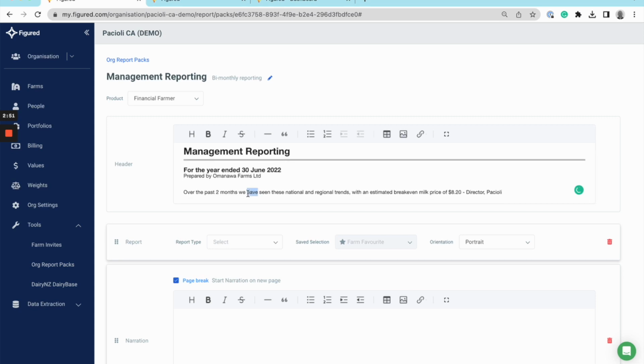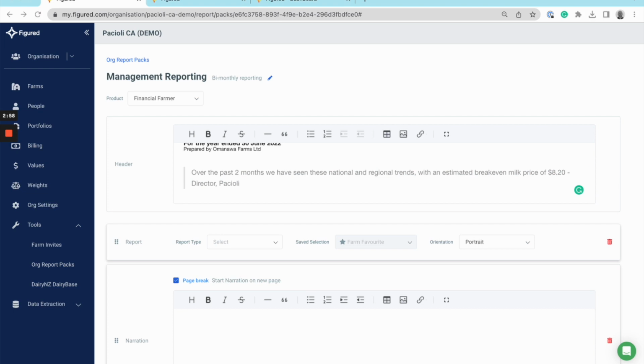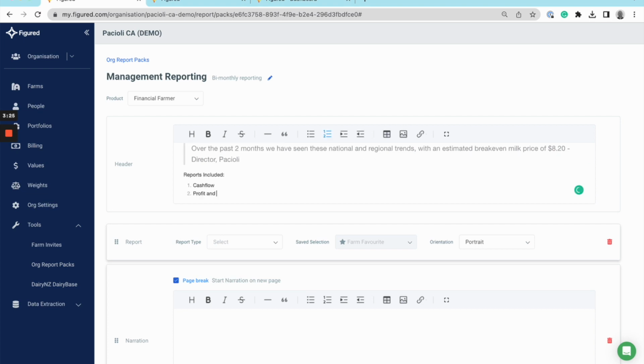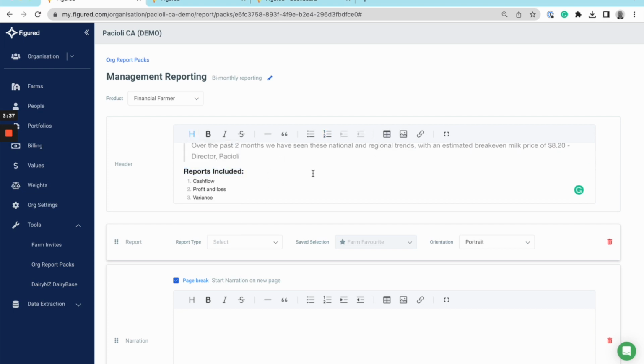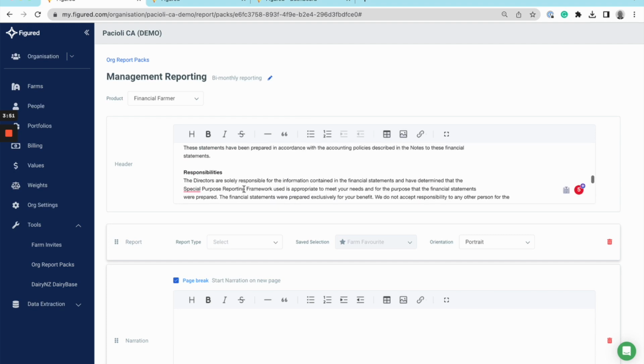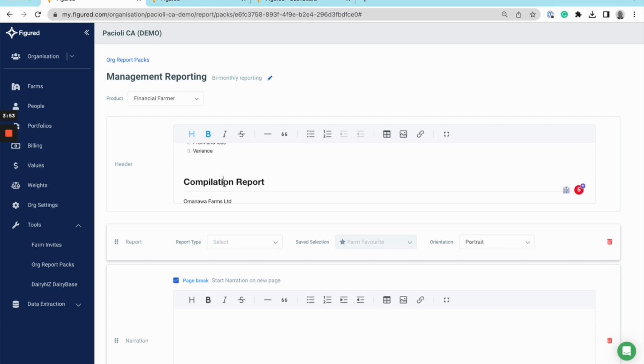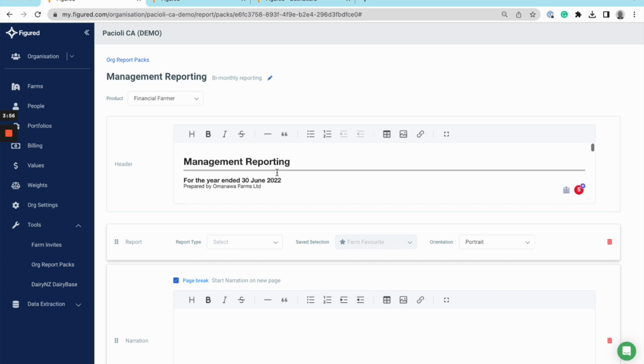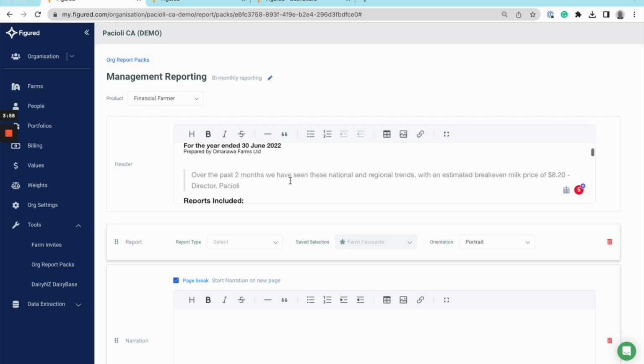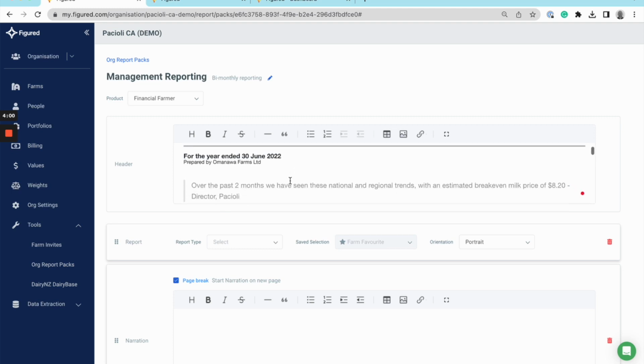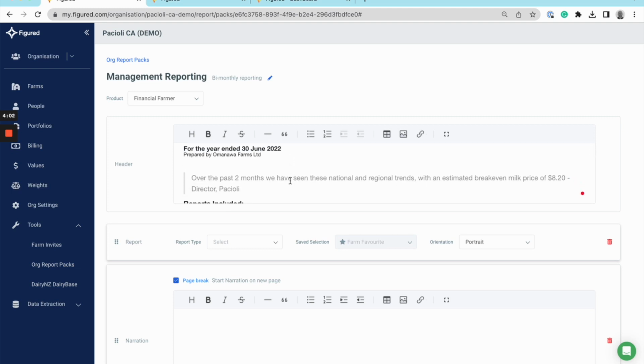So I'm just adding in some details. I could add in a quote here. I also might just want to add a bit more of a summary further down. So I'm just copying and pasting some terms and conditions, and I've added that in there and then chosen the heading. So really just configuring the heading tile to how you would like it to show up. And this is obviously going to appear on the first page